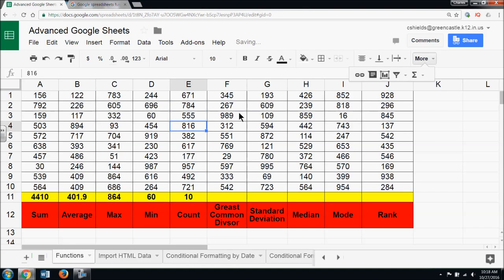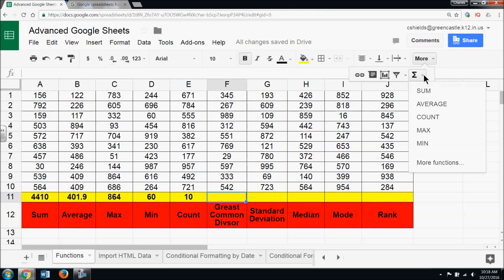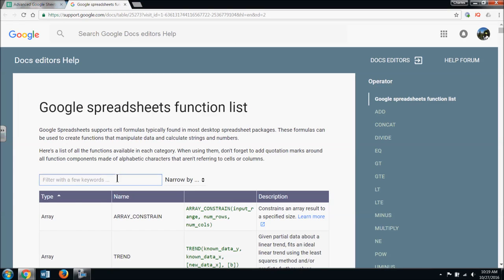Greatest common divisor is obviously something that a lot of our math teachers are probably working with at various levels, RTI students, things like that. You can very quickly and very easily find the greatest common divisor of an entire range of data. In order to do that, I'm going to need to manually type this one in because notice it is not shown in the functions over here. If I go to the more functions option, which I have open over here, I can search for divisor,